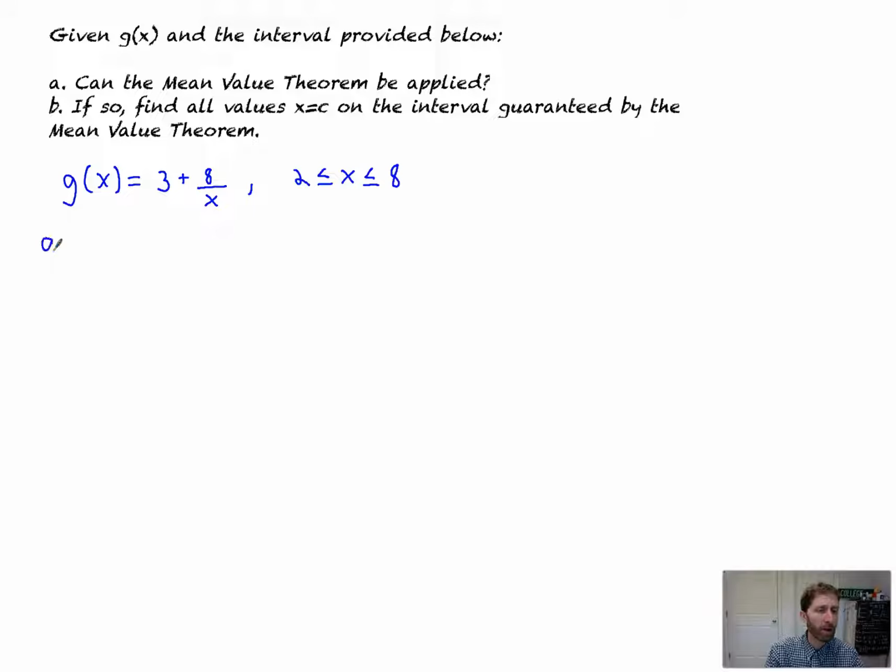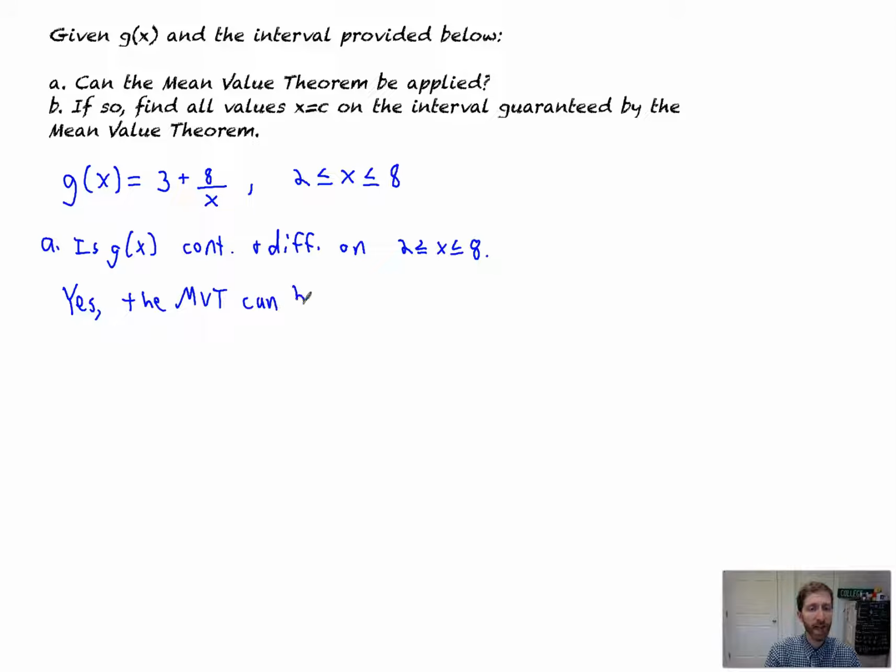If the mean value theorem can be applied to this function on this interval, the question is really, is g of x continuous and differentiable on 2 is less than or equal to x is less than or equal to 8? On any AB or BC exam, all you typically need to do is just state yes or no to that. So, 3 plus 8 over x. Just so you've got an idea roughly of what's going on, the only place that this is not continuous is at x equals 0. So I would just say yes, the MVT can be applied. So it can be applied